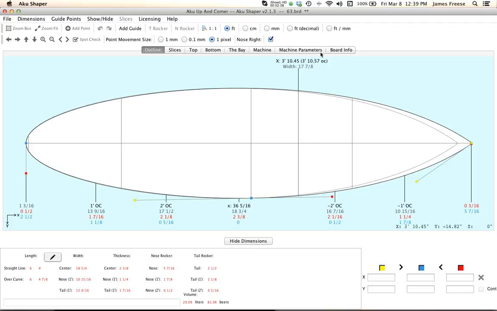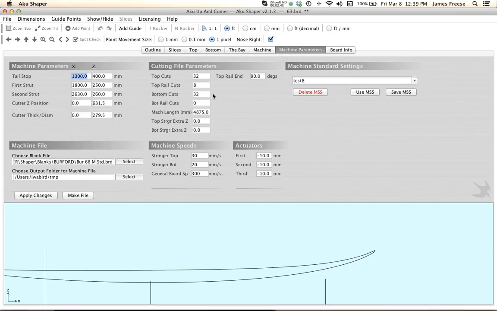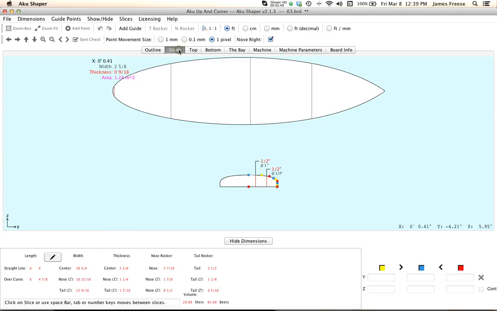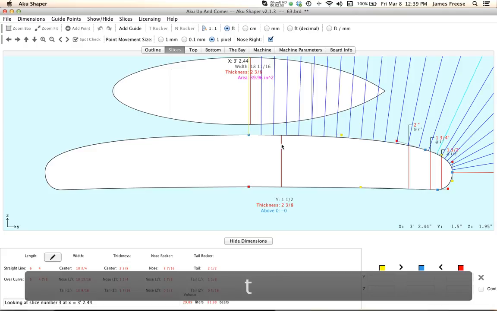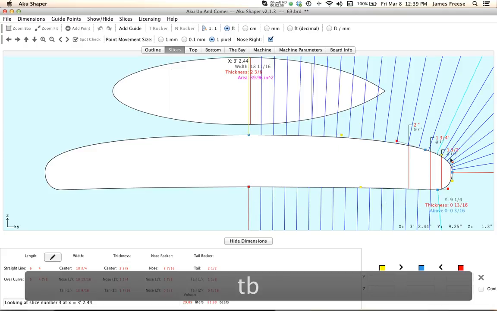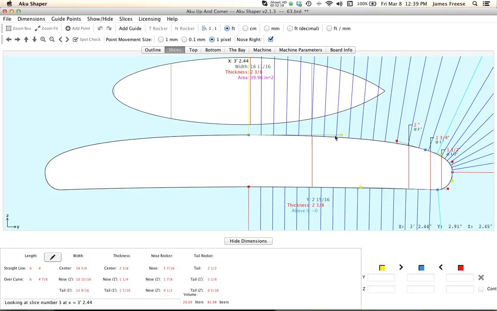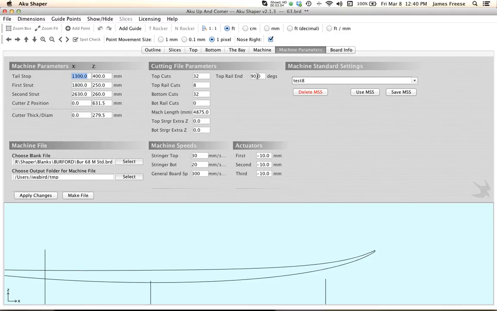We also have the option in all of our versions, I believe, to see where your cut lines are, for those of you interested in how the board is actually cut. So if you go to your slice and you push the T key or the B key, you can get a sense of what's going on here: these are your cuts all the way around to 90 degrees. So if we go back here, you'll see that your top rail ends at 90. If you want to push this to 120,